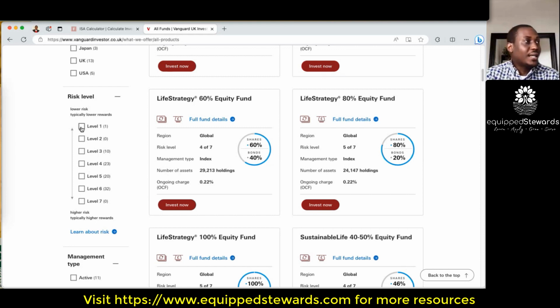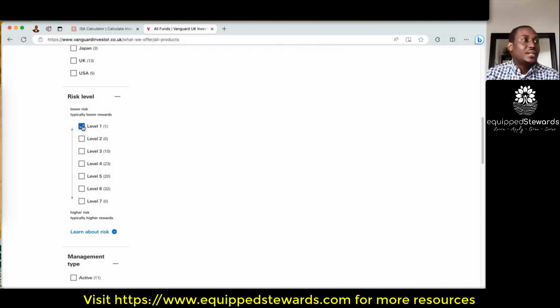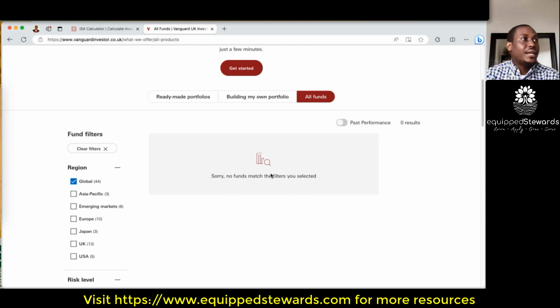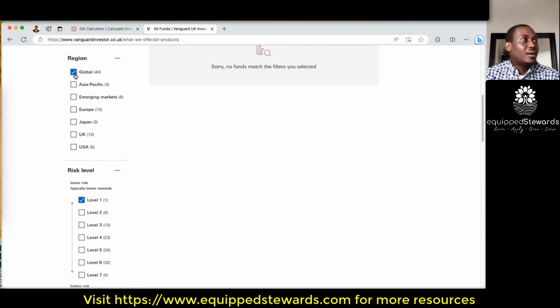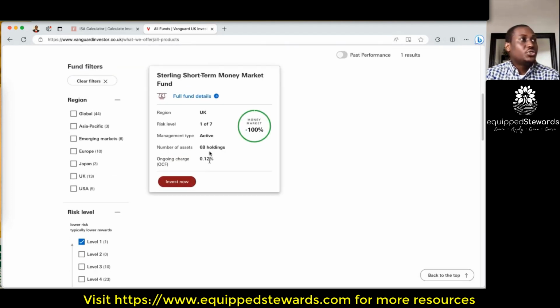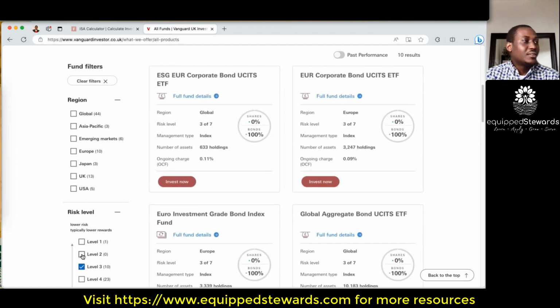Again, if you look at Vanguard risk level 1, looking at what we have there, if you select the global portfolio, there is nothing. But if I take it out, it shows you short-time money market fund. So here it is simply cash. So you only have cash savings there. So that's level 1 risk. Now, if you go to level 2 risk, for example,